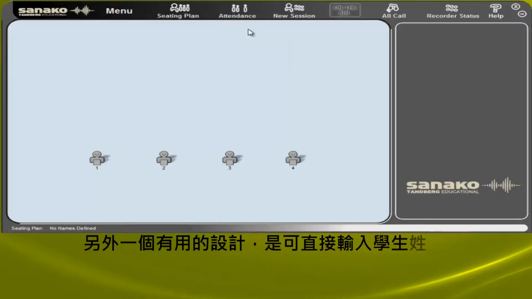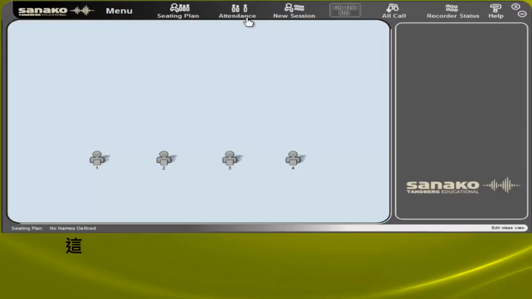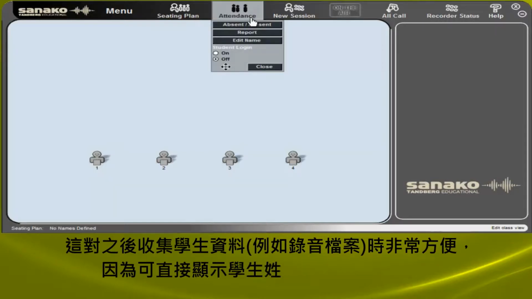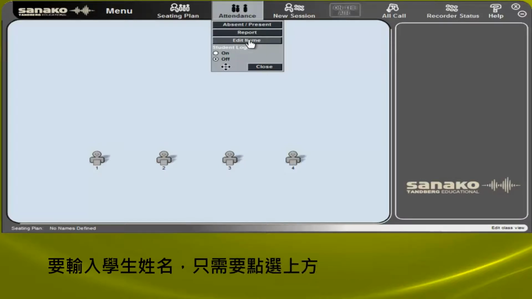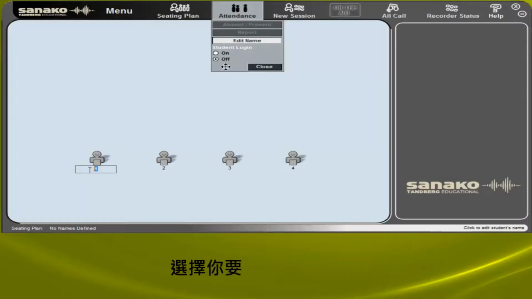Another thing that could be useful is to actually create names for the students instead of numbers. This helps when collecting the data later in the class, especially if you're collecting audio material, because it will attach a name to the file instead of just a number. To give names, simply click Edit Name, select the student you'd like to give a name to,